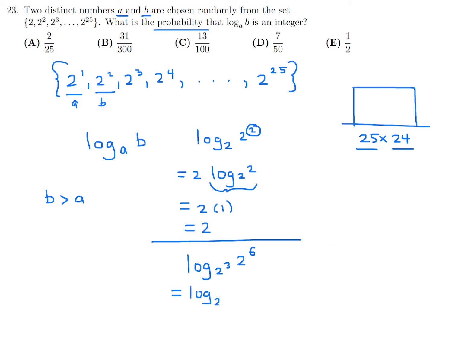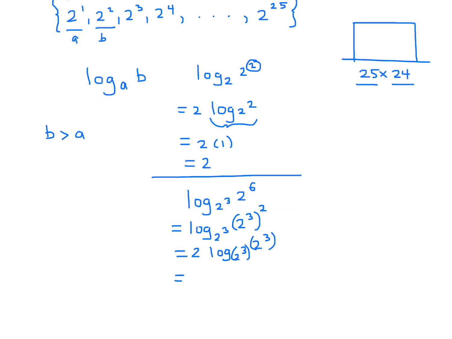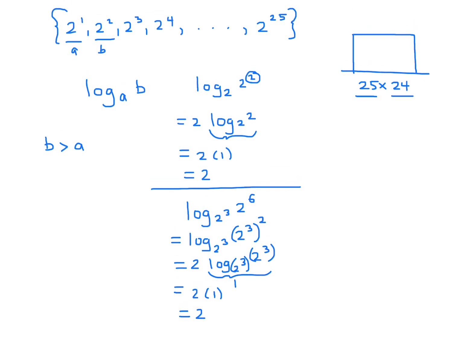We got 2 to the power of 3. 2 to the power of 6 is essentially 2 to the power of 3 squared. So in a very similar way, you put the 2 out front, and then you get this. And again, this gives you a result of 1, and therefore this becomes an integer. Okay, I got it. So b has to be greater than a, and b also has to be